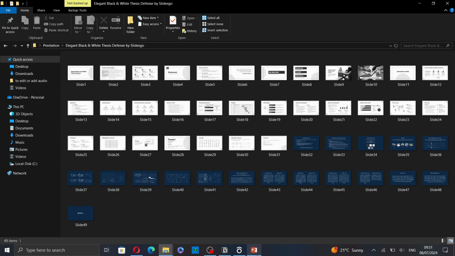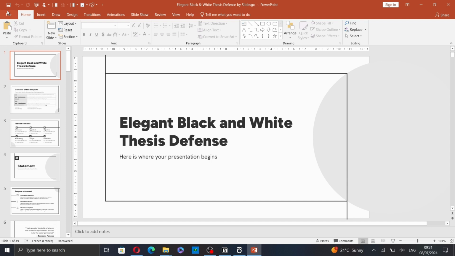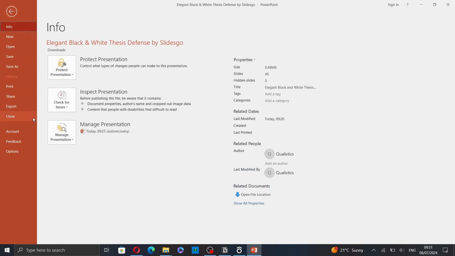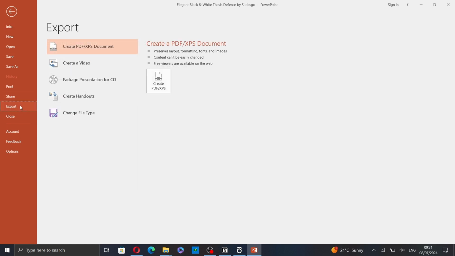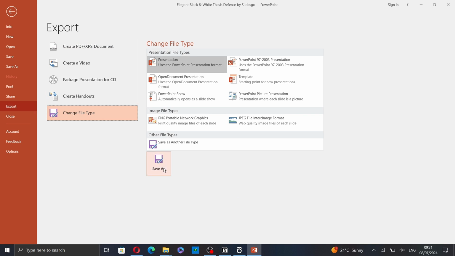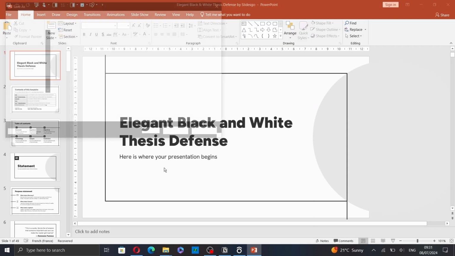Now, the second way to save your slide or your presentation as a JPEG is to go to File again and click on Export. Here, click on Change File Type and go to Save As. Now do the same